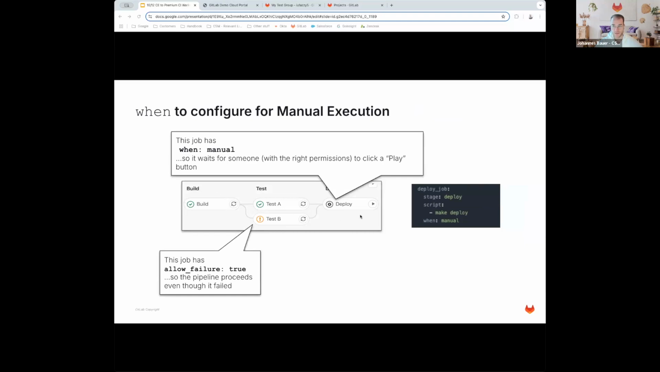Let's talk about how we can configure manual execution. Manual execution allows us to have even finer control over when specific actions take place in your CI/CD pipeline. You can decide when you would like to deploy something. Instead of deploying automatically,